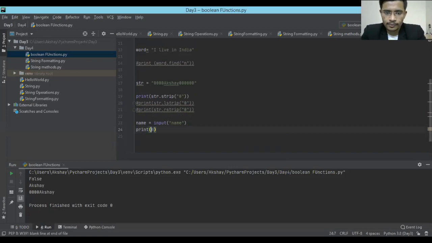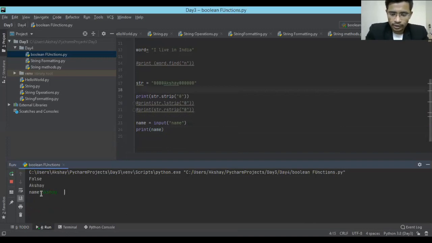Print name. Let me run this program. It is asking me for the name, so I'm going to type Akshay, then give some spaces and hit enter.